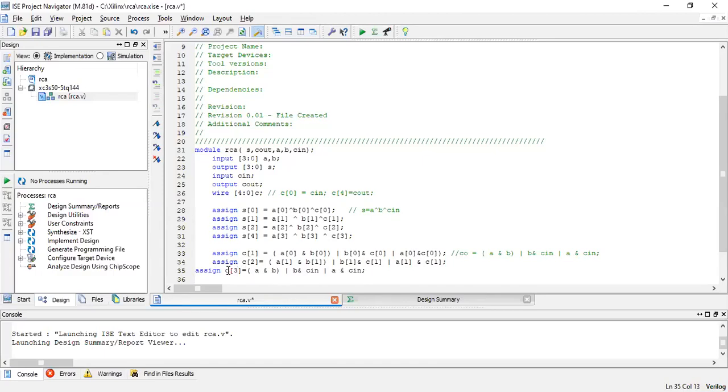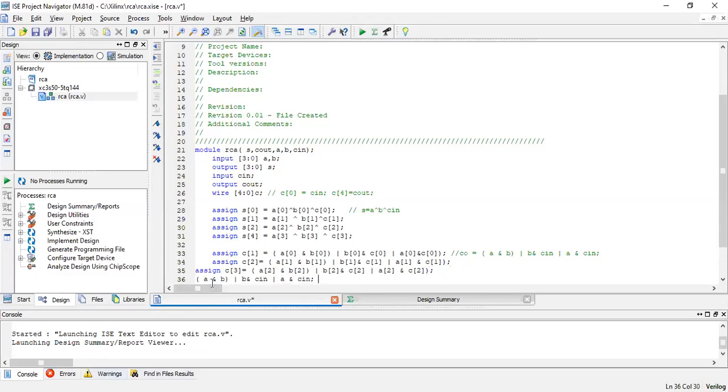C of 3 is equal to A of 2 and B of 2, and OR with B of 2, or this will be C of 2, or A of 2 or C of 2. C in, no, only C of 2, right? So only C of 2. So let me close this bracket. Let me close this bracket.